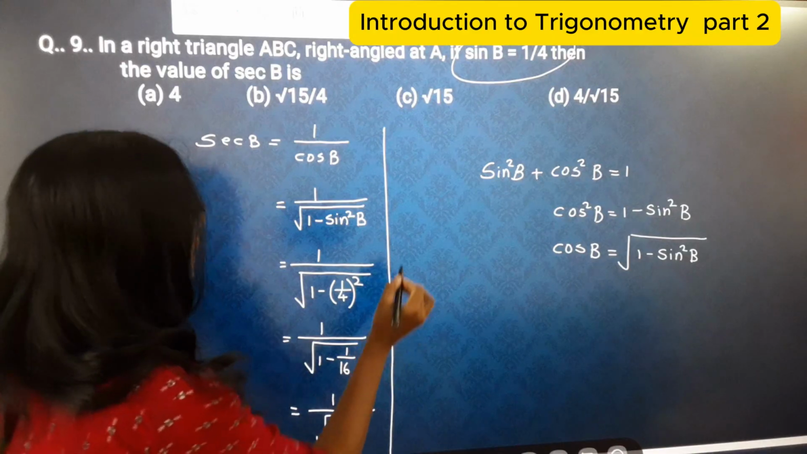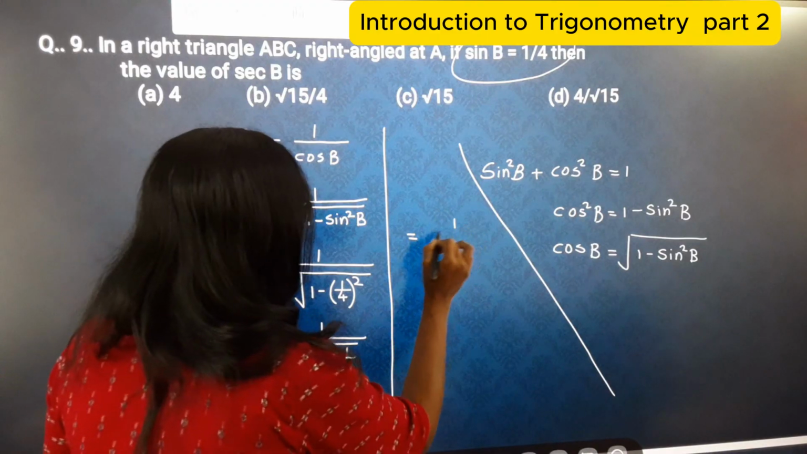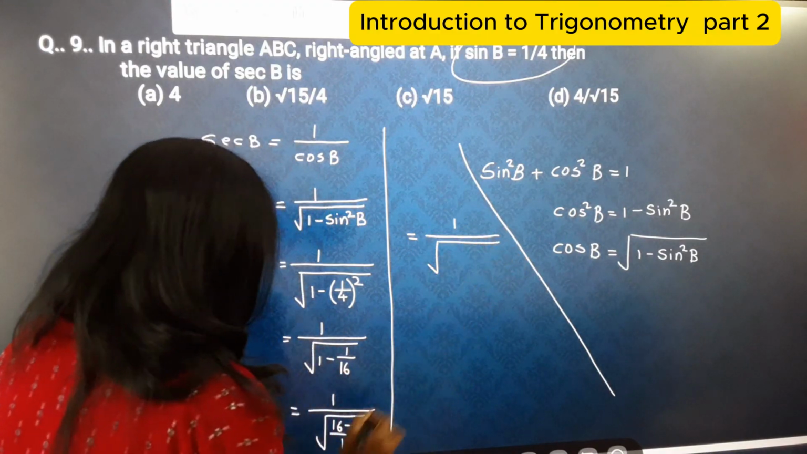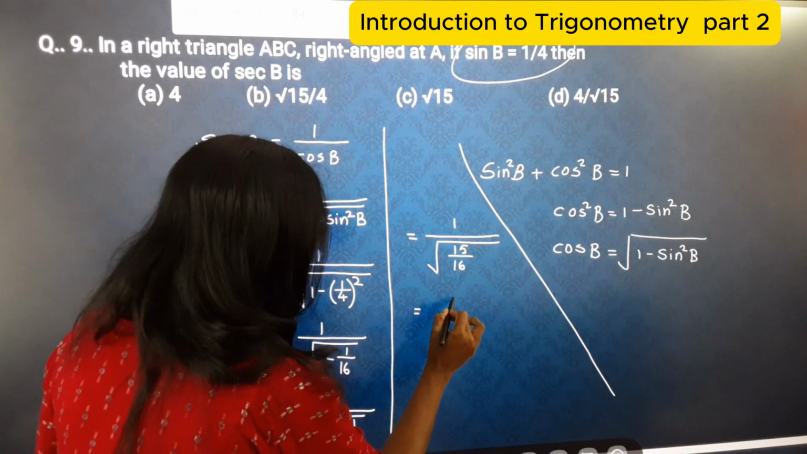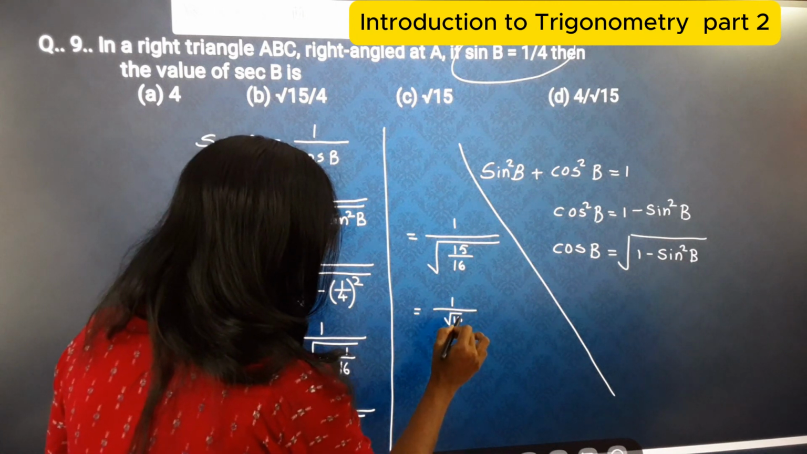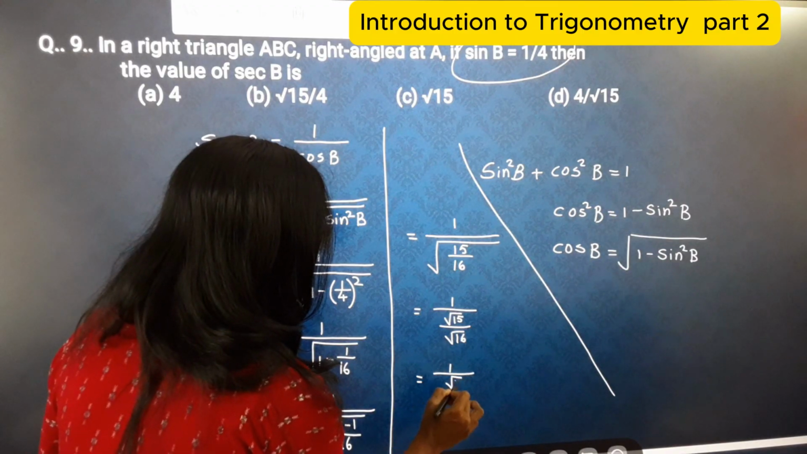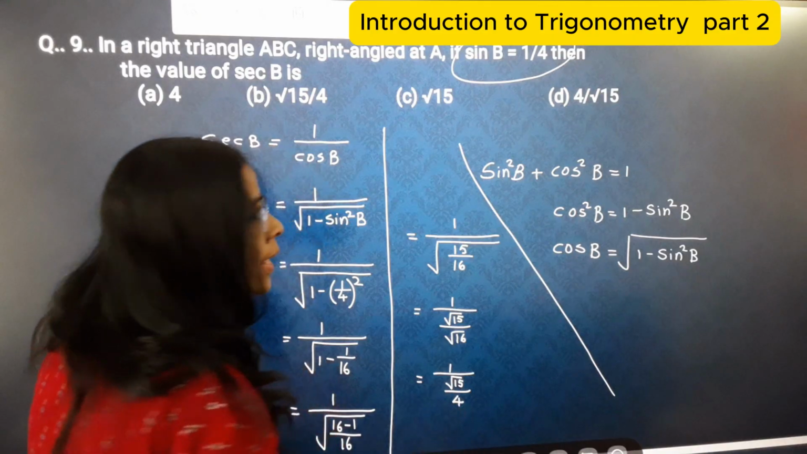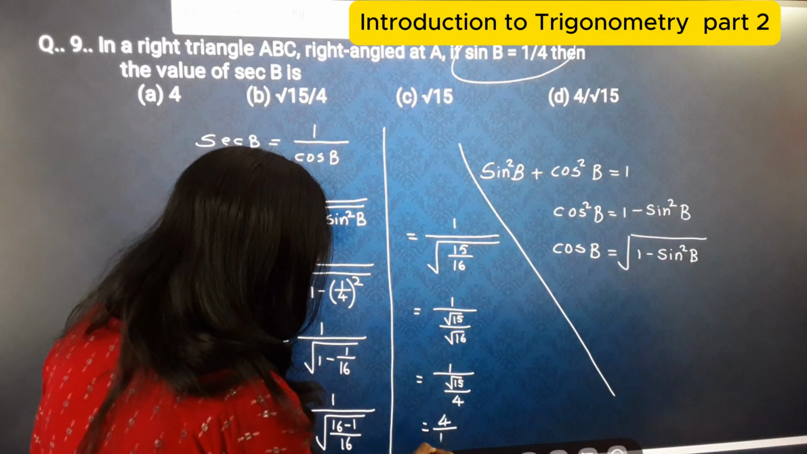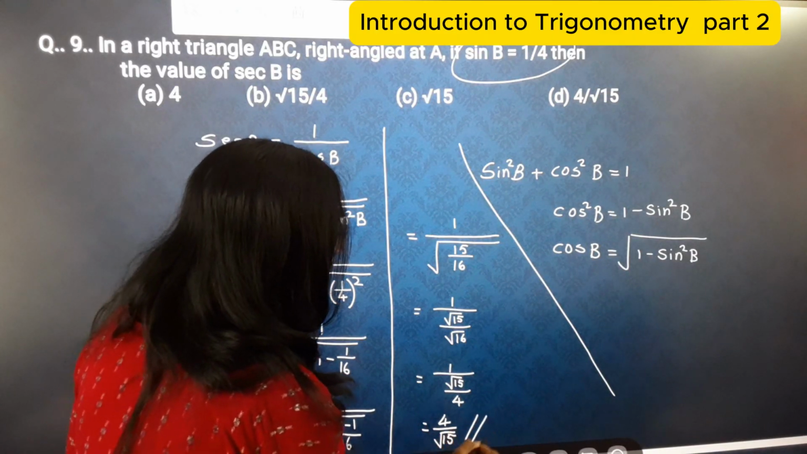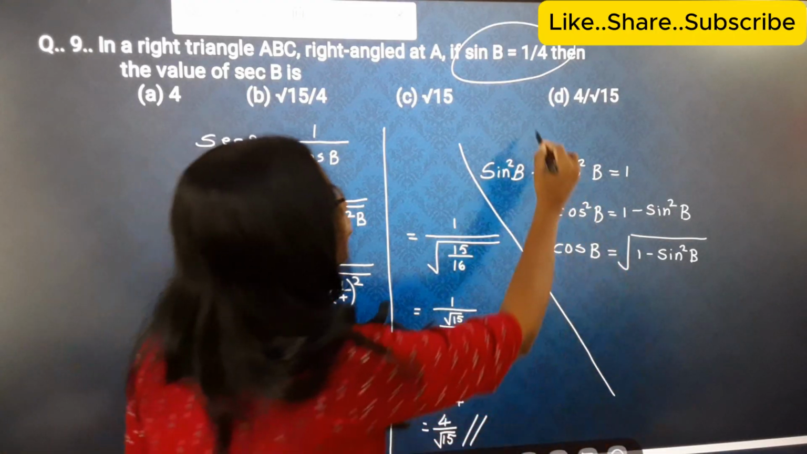So here students, that will be equal to 1 upon the square root of 15 upon 16. That means 1 upon root 15 divided by root 16, so 1 upon root 15 upon 4, since the square root of 16 means 4. So here our answer is 4 upon root 15. So this is our final answer, and the correct option is option D,